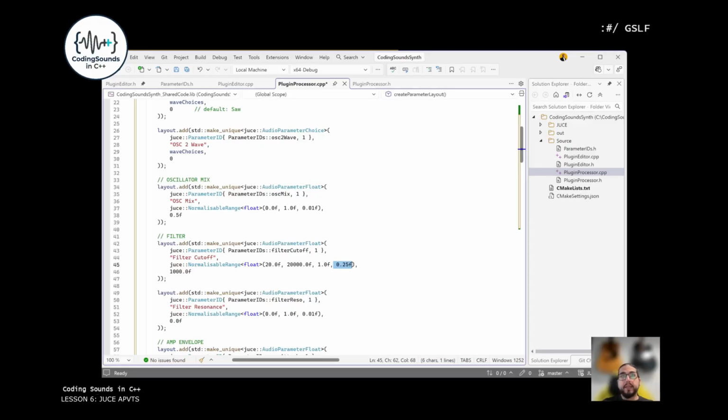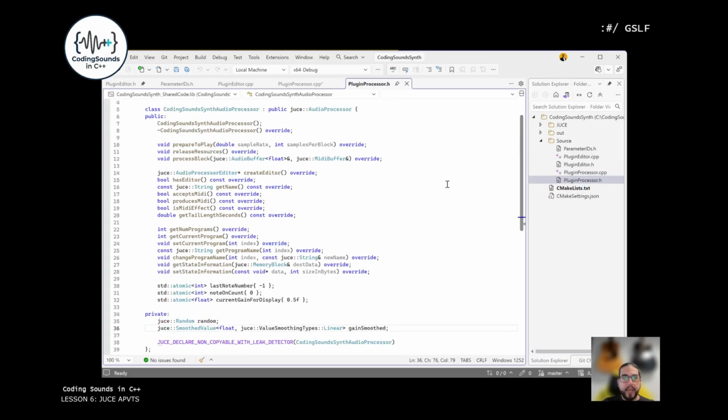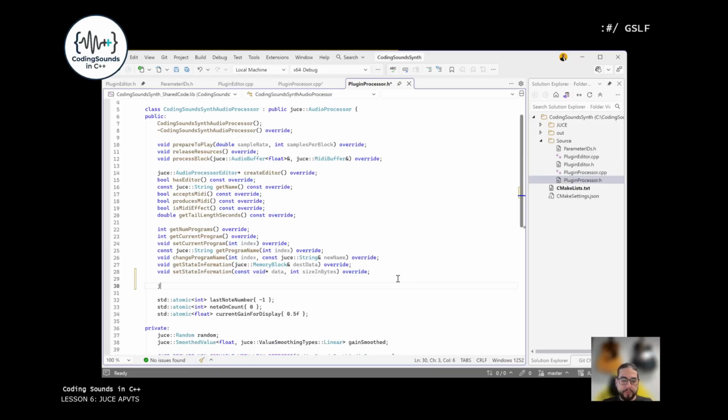Now, we need to integrate the APVTS into the processor class. So, inside the processor header, we need to make some changes. The first change is to add APVTS as a public parameter. So, JUCE, now